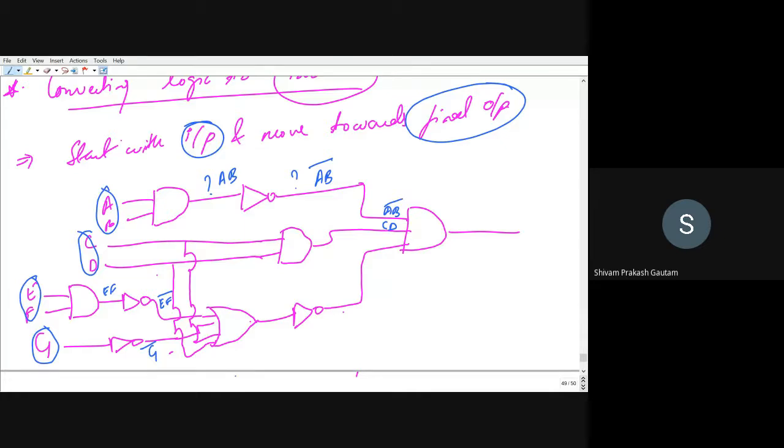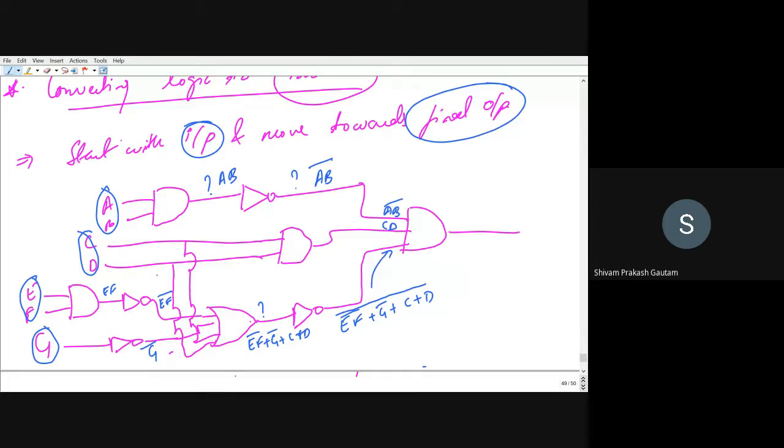Flowing through an inverter, it is having G bar. Right? Now you have to solve this OR gate. So what will be here? Just see. So it will be EF bar plus, why plus? Because OR gate is there. G bar plus C plus D. Yes, C plus D. Now it is again flowing through an inverter. So this will be EF bar plus G bar plus C plus D whole bar. Why whole bar? Because of inverter. So this is flowing through this input.